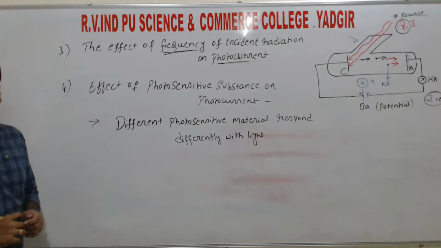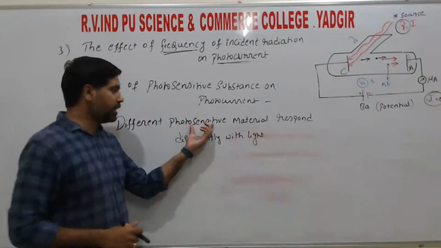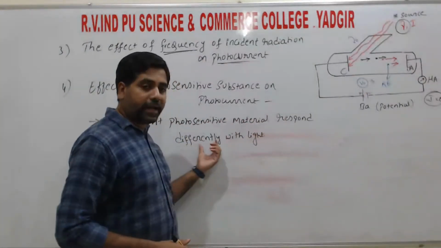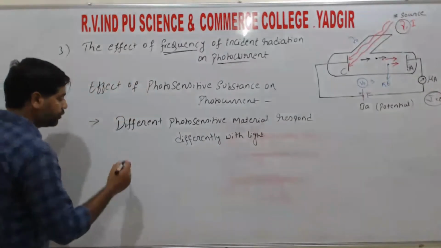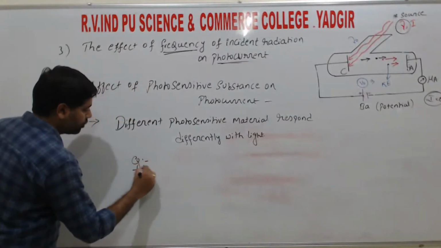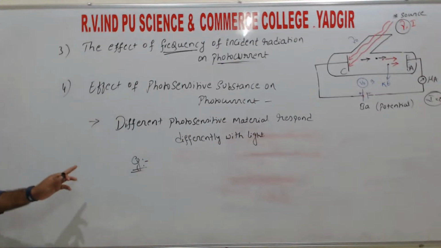So this is the first point. Different photosensitive materials respond differently with the light. For example, we considered one, that is